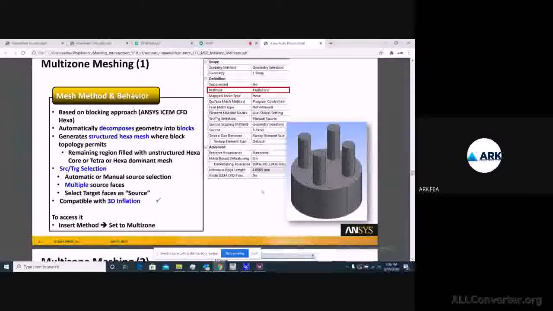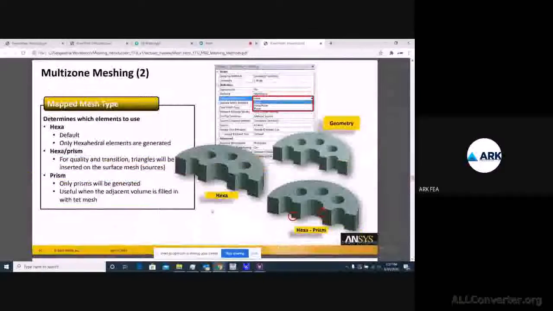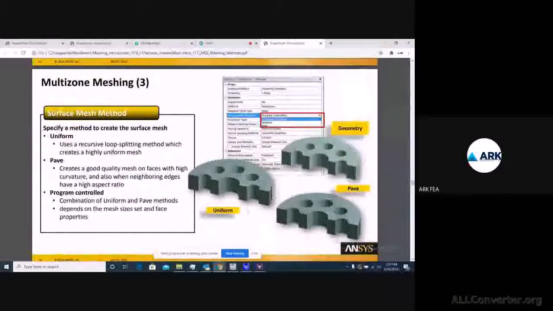So when you want to deal with hex kind of mesh, you can choose either sweep, multi-zone or hexahedral method to add it. So this was one of the methods, and you can see that you can change the mapped face type also here. So either you want to add hex, pyramid, prism kind of elements to it, or which one.